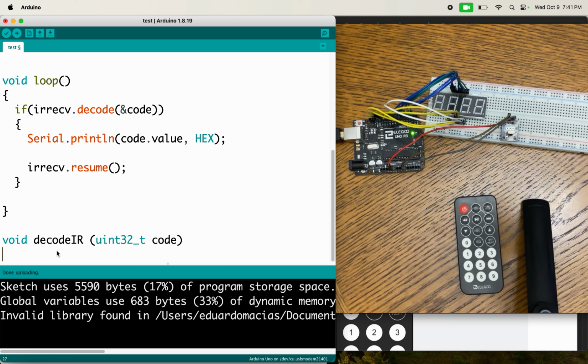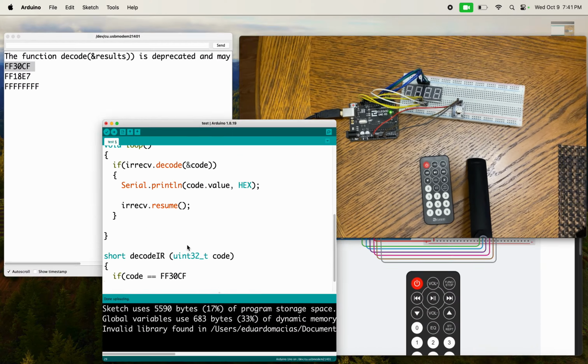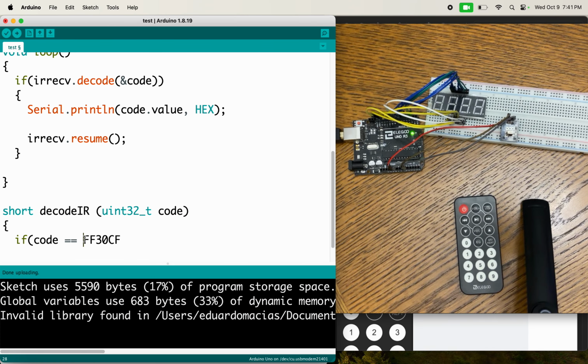Let's just call it code. So whatever I'm receiving, it's going to be called code. So f, and we're returning a short, which is just 8 bits. So short f code is equal to, and that was the code for 1, right? So that needs to be in hex. So when code is equal to this,